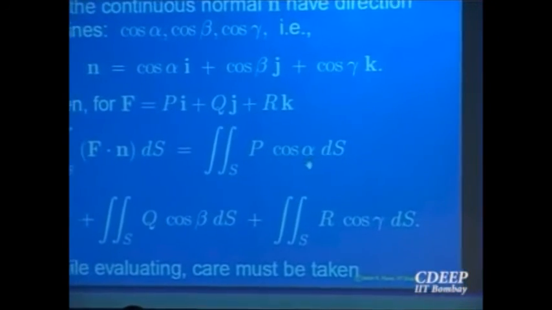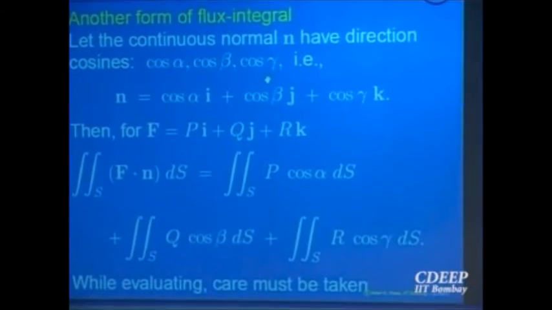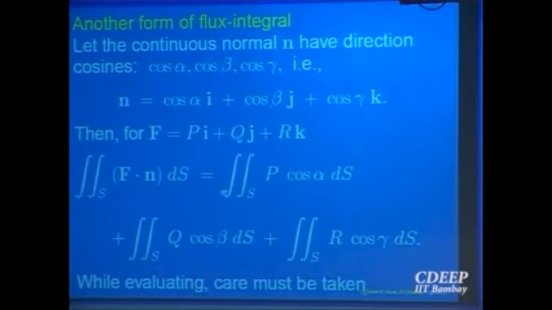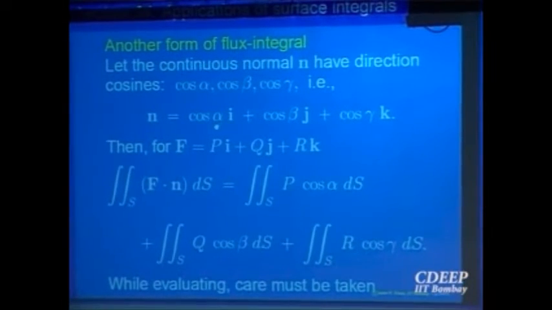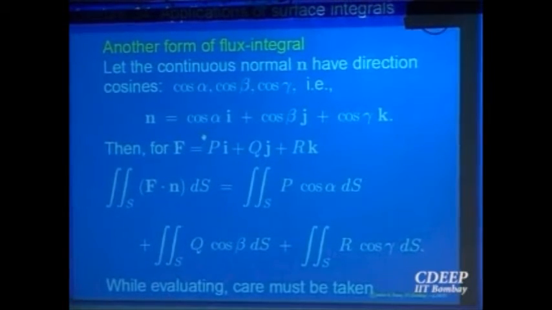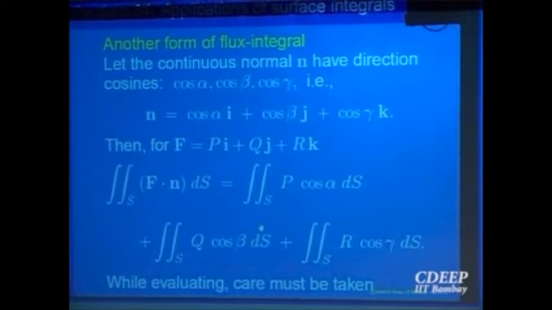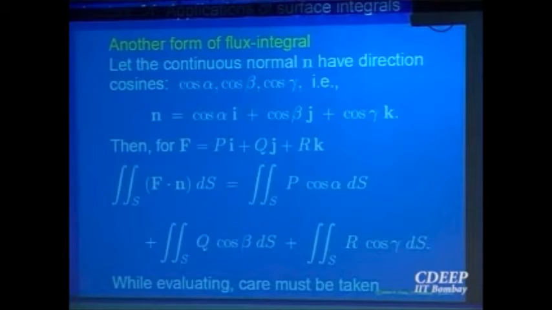But this angle may not be the acute angle. That is the only problem, because this is the direction cosine for n, right? So in that formula, the angle is the acute angle. So while computing, there is no harm in using this formula. The only thing you have to make sure is, depending on whether this angle is acute or obtuse, you have to introduce a negative sign. If it is obtuse, you will put a negative sign before the integral when you write this integral in terms of the double integral. While computing it as a double integral, the angle should be the acute angle. If it is not acute, you have to put a negative sign, make it acute, to compute that angle. Are you following this or not?